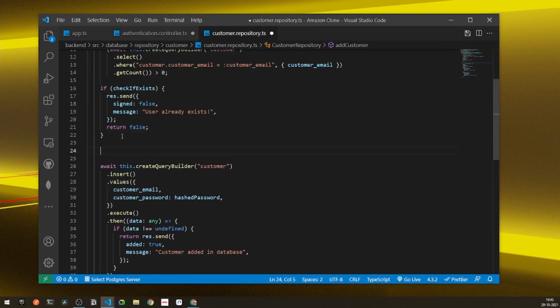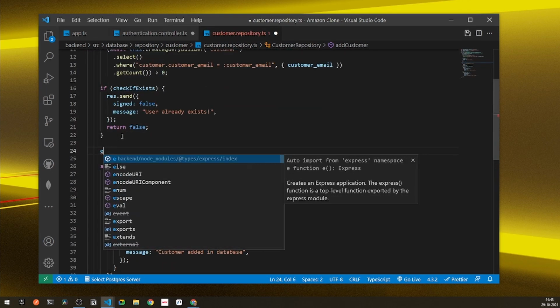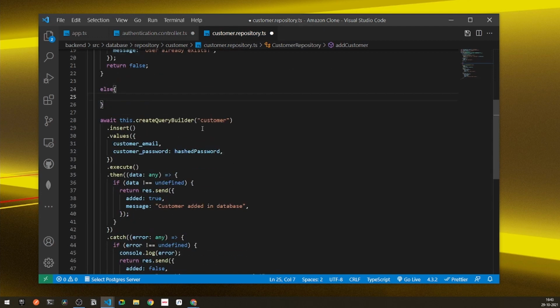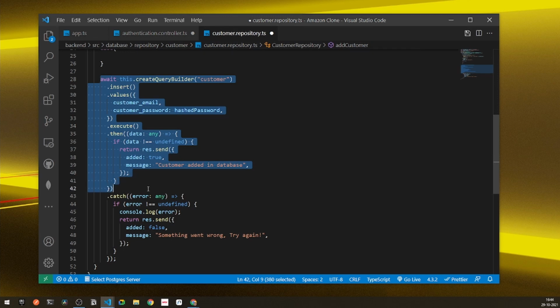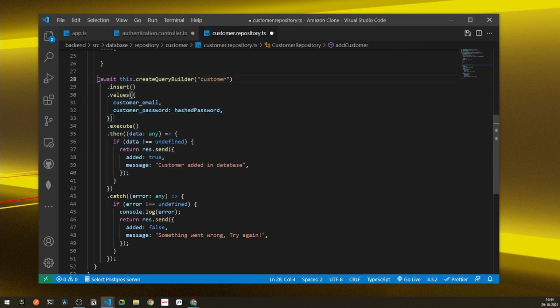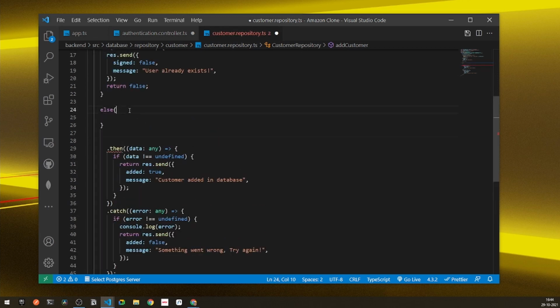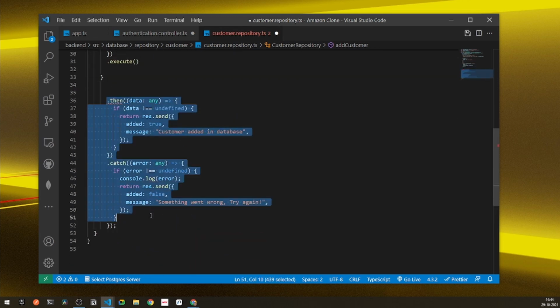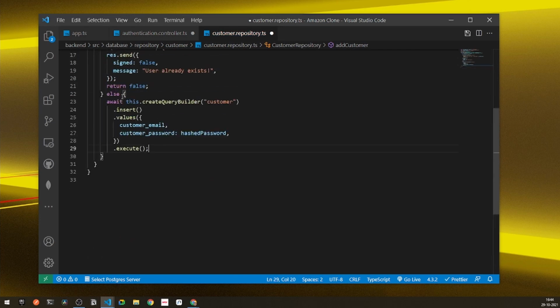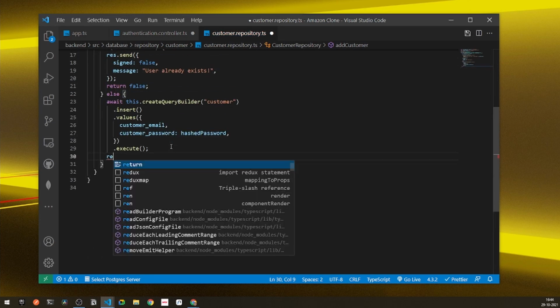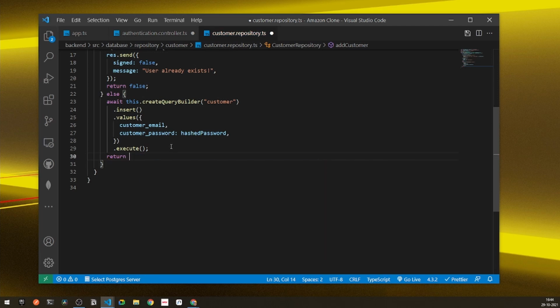But if the user does not exist, I'll simply say else, an else block. Under else block, I'll simply carry out this operation. Right. So now I'll simply say, only for adding all the members, this one. Because we don't require to send a particular different response, so I can remove this stuff. Right. So now you can see once the following user is added, I can simply say return true. If the following user is added, I'll say return true, and that's it.